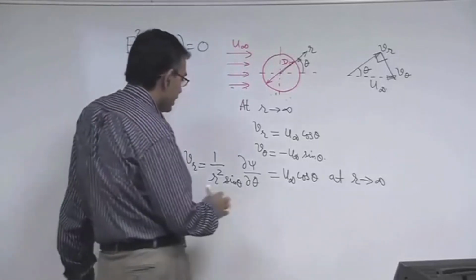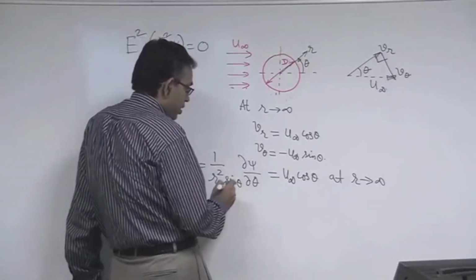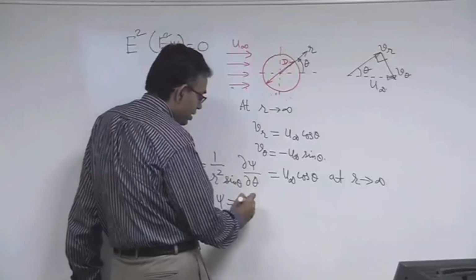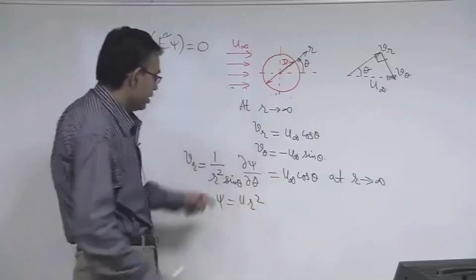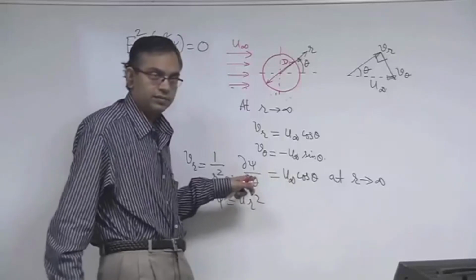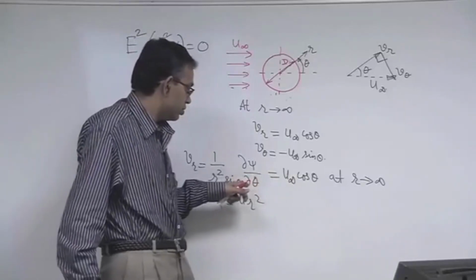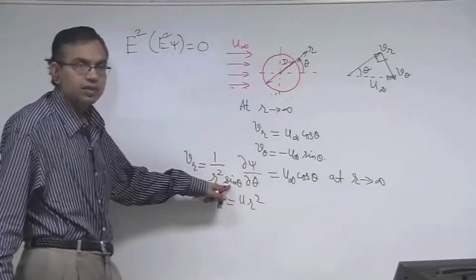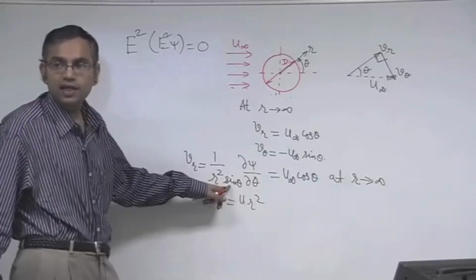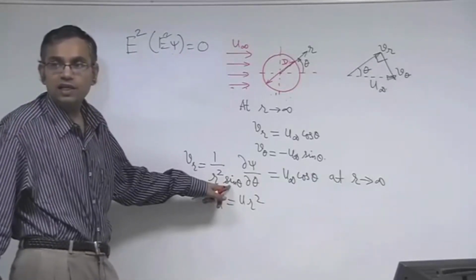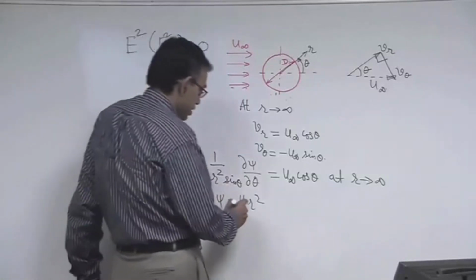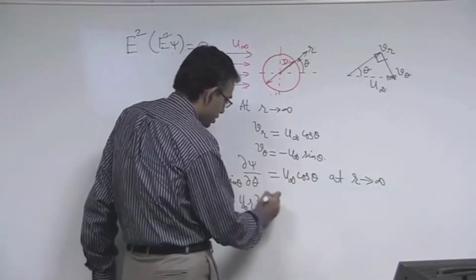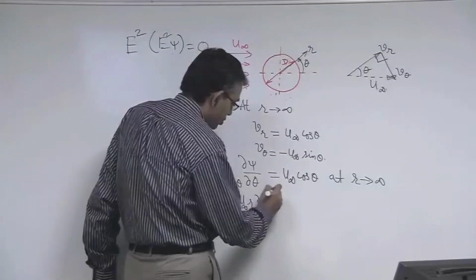So, if you integrate this, psi is equal to u infinity r square integral of sin theta cos theta d theta. Let us say that sin theta equals some z, so cos theta d theta is dz. So, it is integral of z dz, that is z square by 2. So, that means u infinity r square by 2 sin square theta